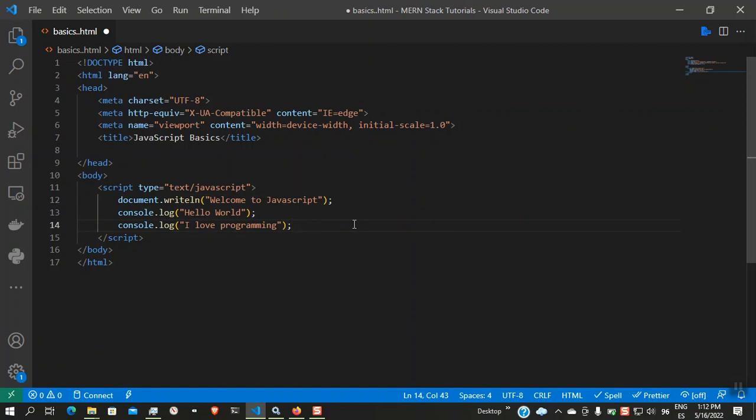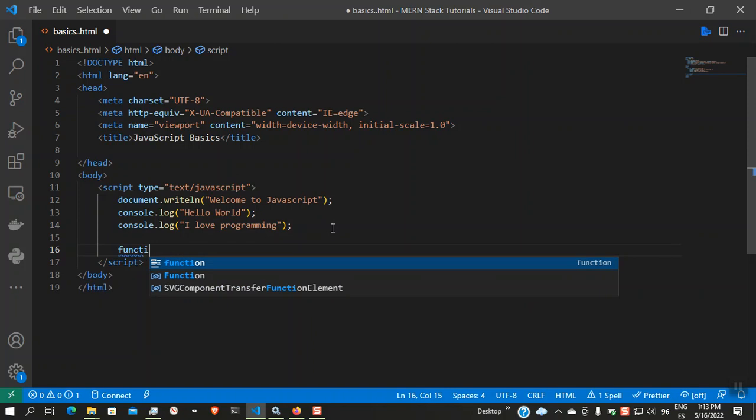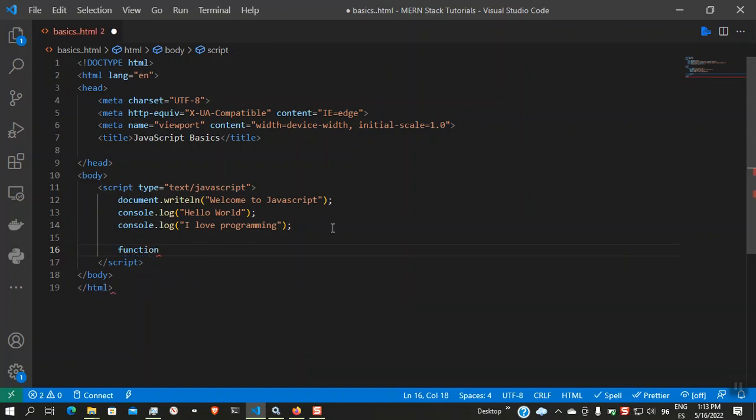Now I'm going to show you how to use functions. So we're going to start our introduction with JavaScript using functions. We have seen statements on separate lines, and there are multiple statements in JavaScript. So let's write the function right now. To write the function, you start with the function keyword, and you give the function a name. Let's say display